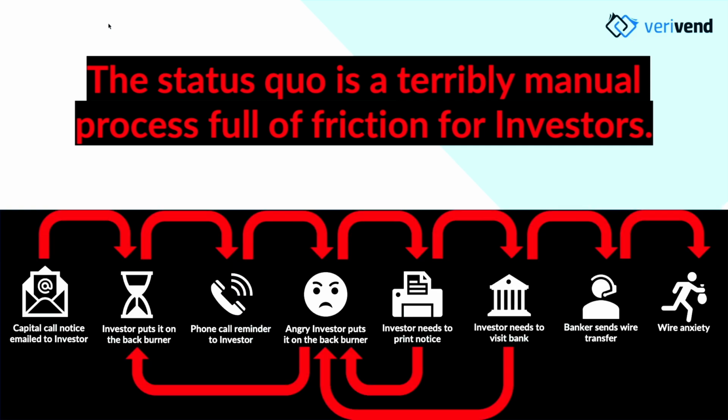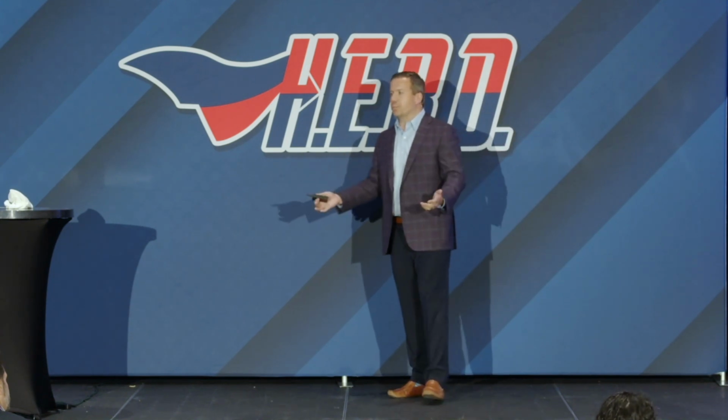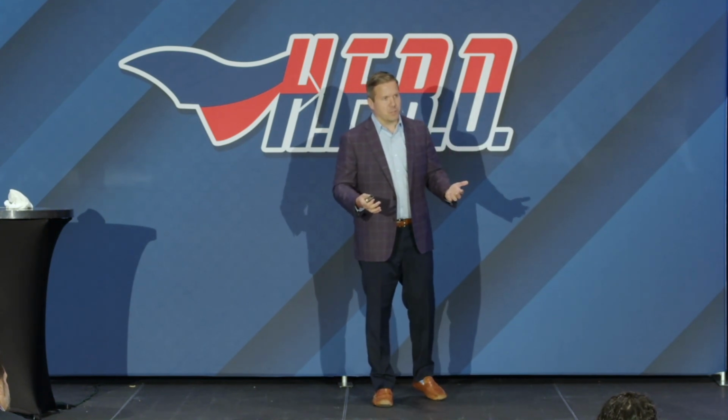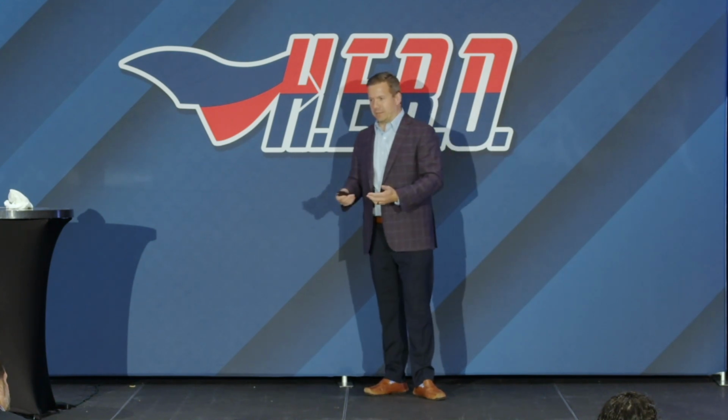And it looks like this a lot of times. You send the notices out, your investors delay, you give a friendly phone call that's not received as so friendly, it agitates your investor, and the cycle continues. So it's this multi-step process with these circling back steps of you having to follow up, and it's not a great experience for anyone. Amazon makes it super easy to buy because they want you to buy. So you should be making it super easy to invest for your investors.